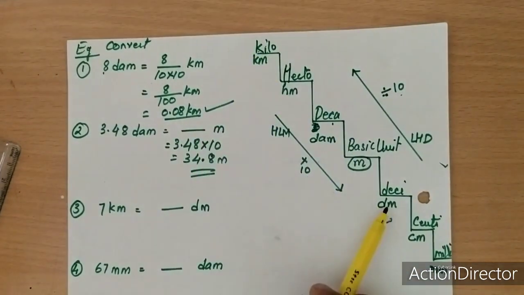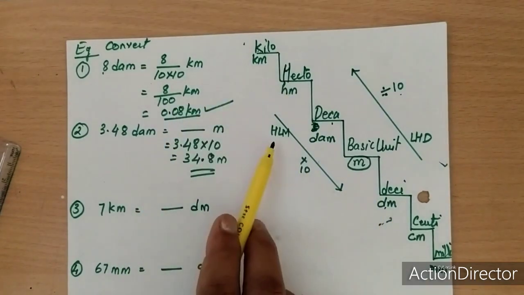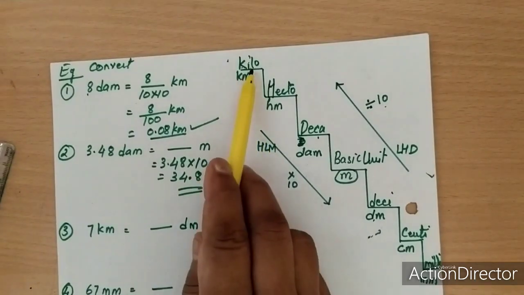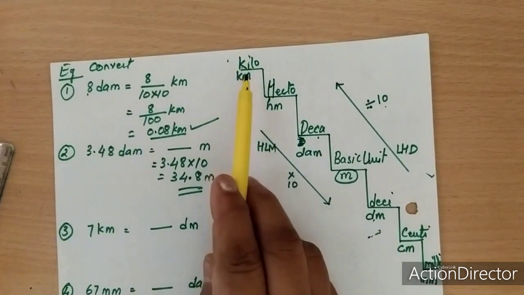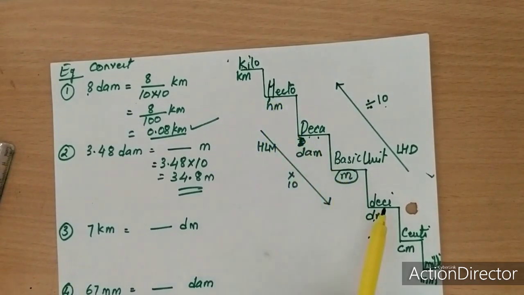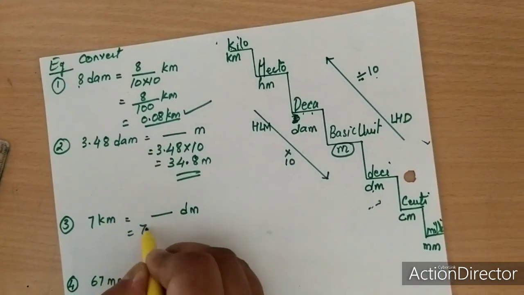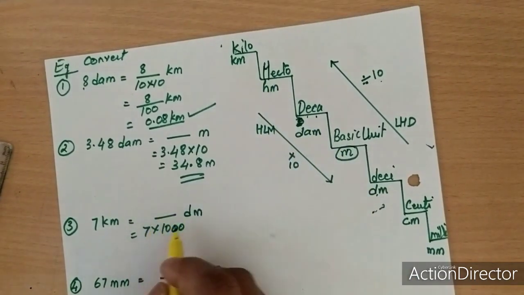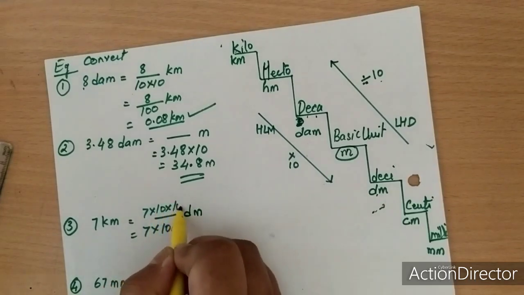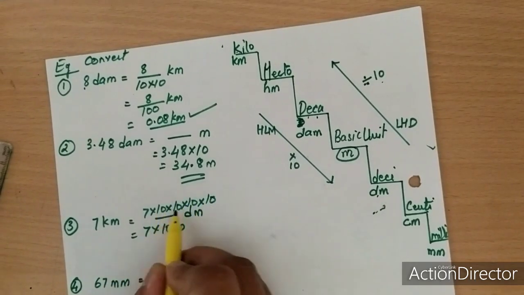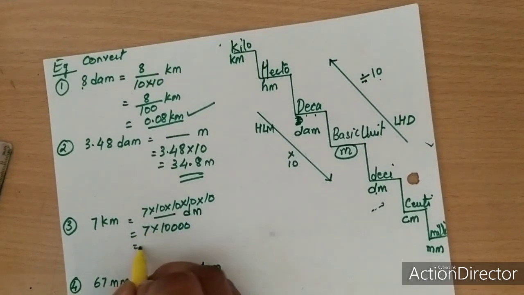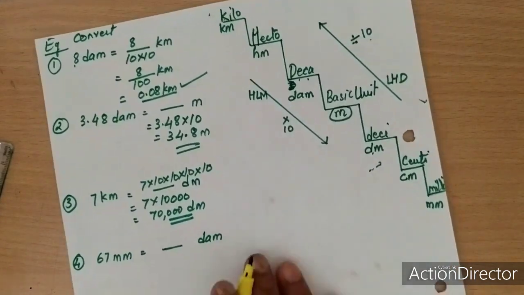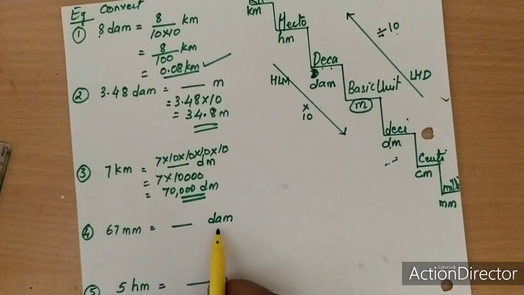7 kilometer to decimeter, d-meter, that means decimeter. Now kilometer to decimeter, from higher to lower. From higher to lower you need to multiply by 10. Now how many times do we count 10 here? So count the number of steps. Kilometer to decimeter. 1, 2, 3, 4. So we need to multiply here 7 into 10 four times. You have to write 10 four times, 10 into 10 into 10 into 10. 1, 2, 3, 4. So like this, it is 70,000 decimeter. Got it?